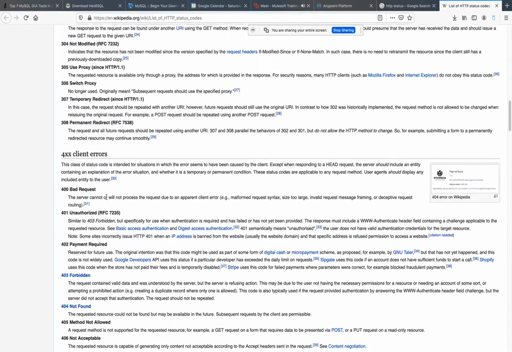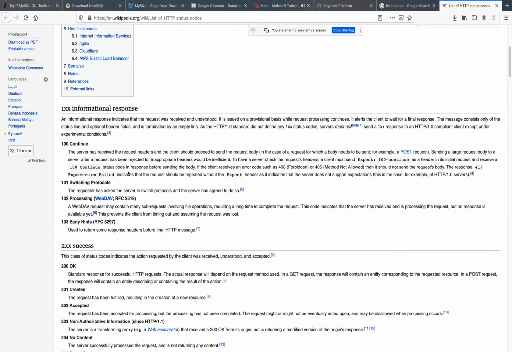Okay, so based on the behavior of this RAML, like whatever request they are passing and how my RAML or my API is replying, based on that we need to pass the status code also.